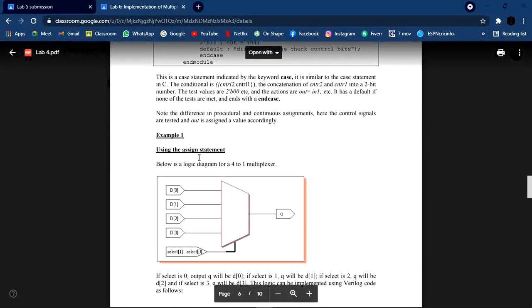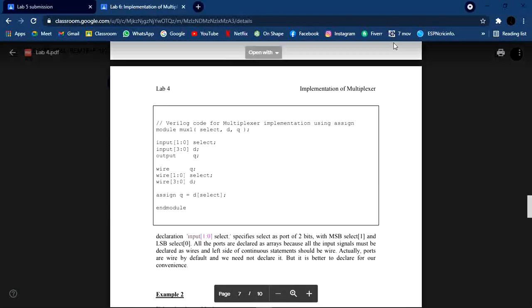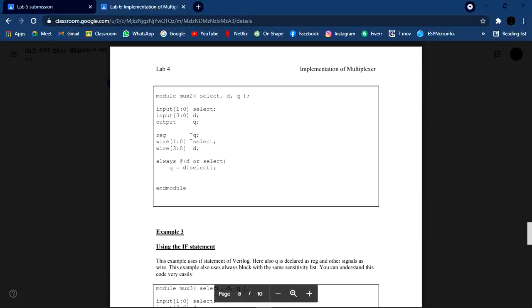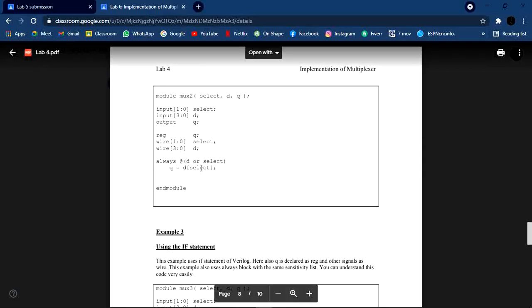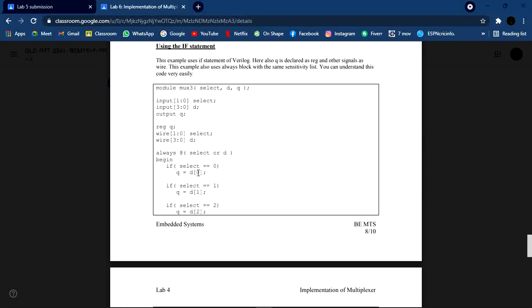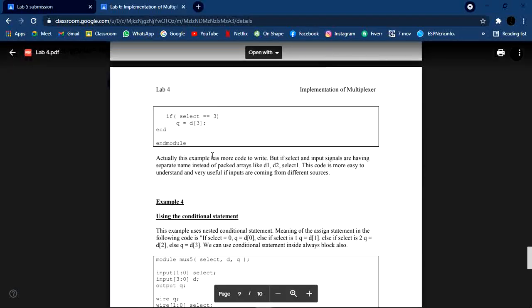Now we are going to move towards the assign statement. We can check all these methods by implementing them on our Cortex software. Another case is using the always block. Here we use always and wire, and after giving size to our wire, selection lines, etc., we get our output with the help of always and register. And this is our if statement. If we select one selection line, then our output will be this, and if we select another selection line, then our output will be this. And all the things used here are register, wire, input, output, declaration, and module. And at last we end the module.